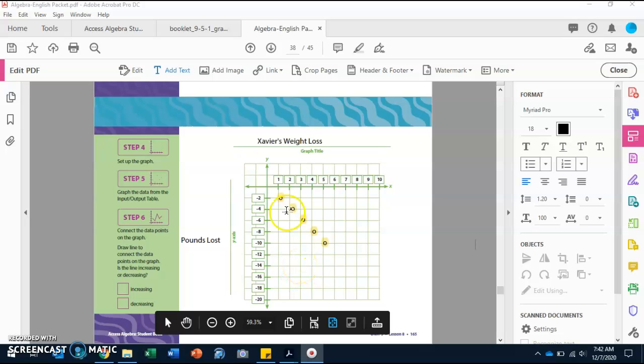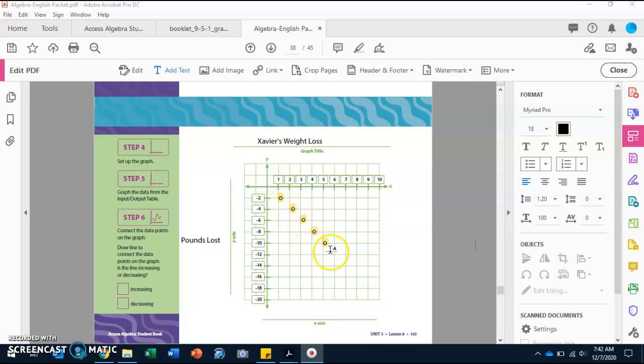Okay, boys and girls, so this is how your graph should look. It should be in a line, going down. Make sure you connect your dots together. I tried to connect it, but it's kind of harder on the computer, guys, so I just highlighted them. So that way you can get an idea of how they're supposed to be. But make sure you connect them, because when you connect them, it's going to show you whether it is decreasing